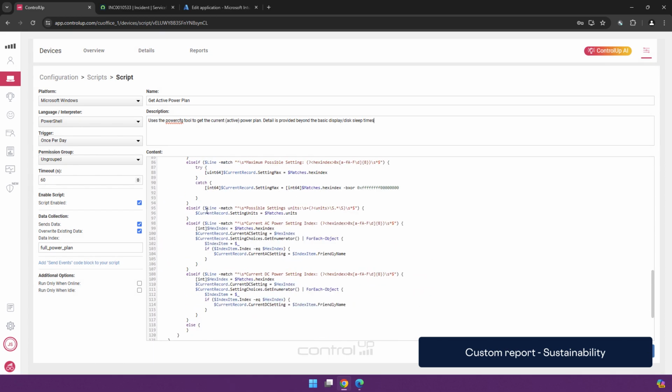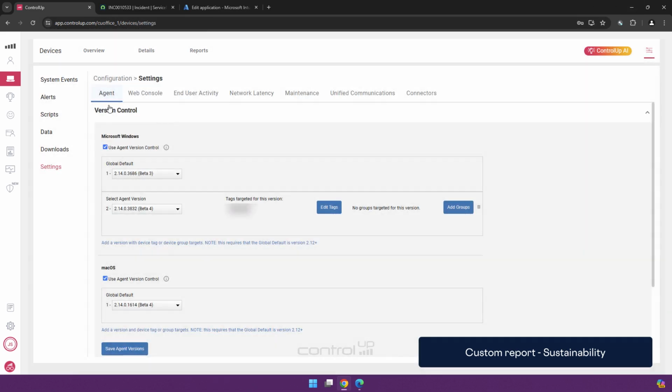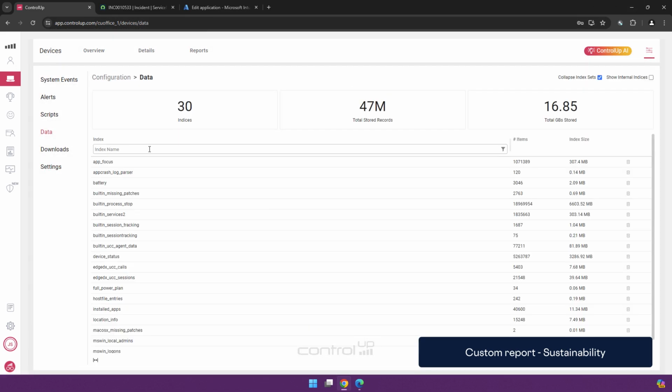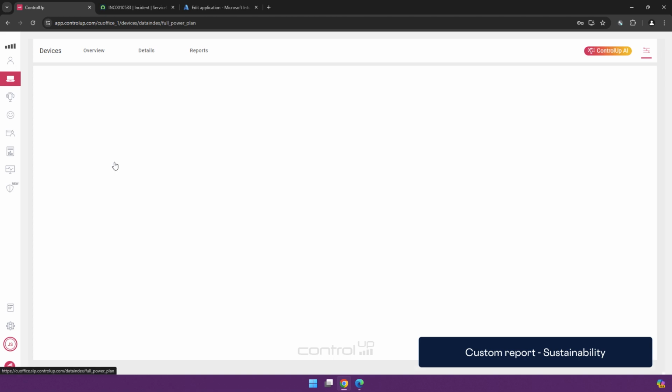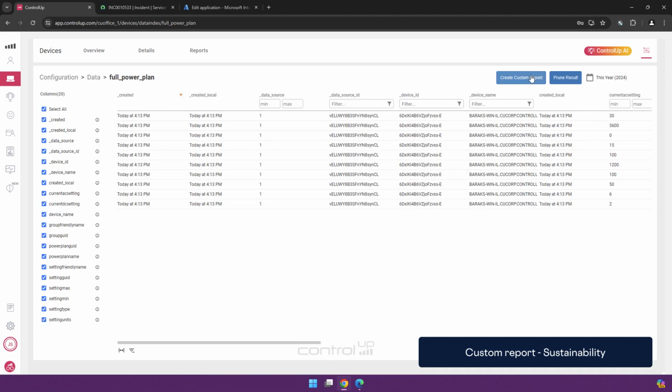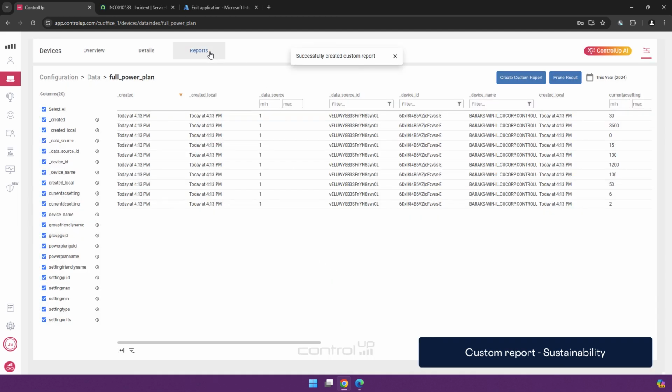And as you can see, this will automatically run once per day and put the data in full power plan. And if I go to that one, I can create a custom report and make it available to other admins.